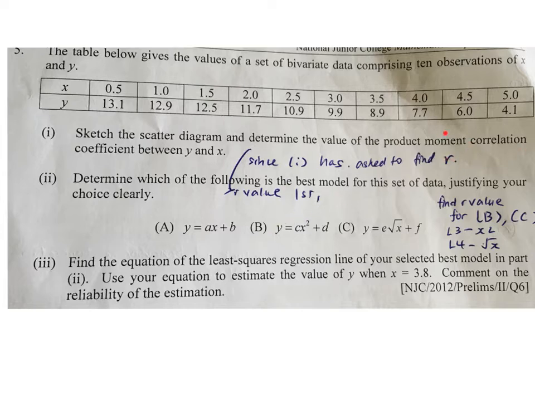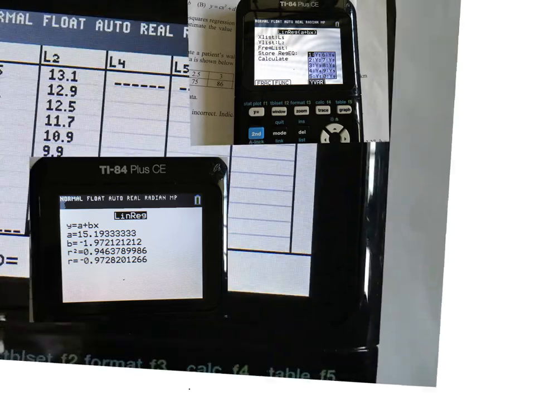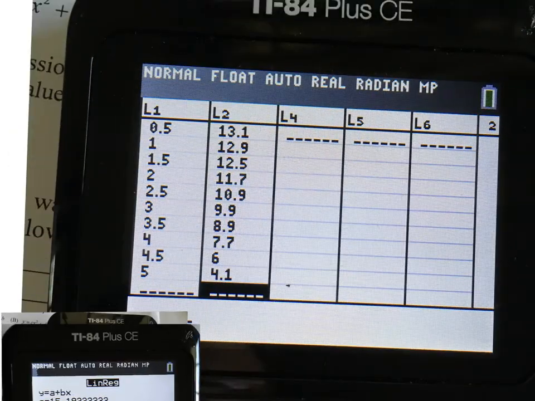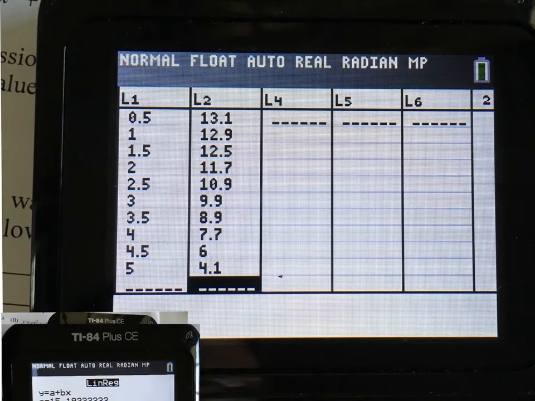Since in part 1, they've already asked us to use the value of R, this is what we're going to do in part 2. We're going to find the value of R here. So we're going to find the R value for B and the R value for C into the scatter diagram. Very quickly, on the other side, this will be what you key into the